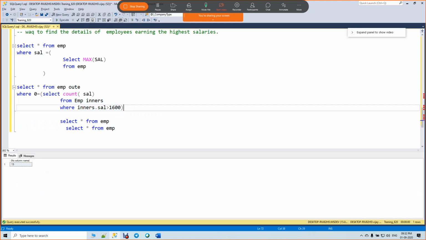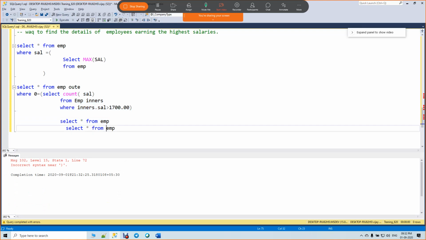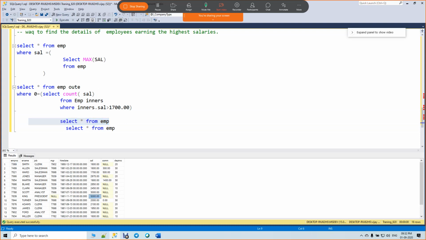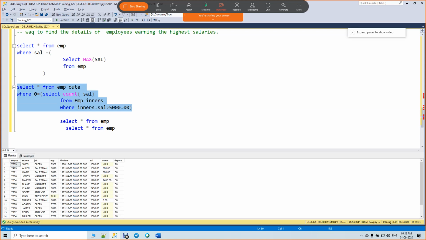We have 13. Next, what is the next record? 1700. For each and every record it will execute. So if we put 5000 here, the count will come 0. So 0 is qualified, and it will return the record. Able to understand?